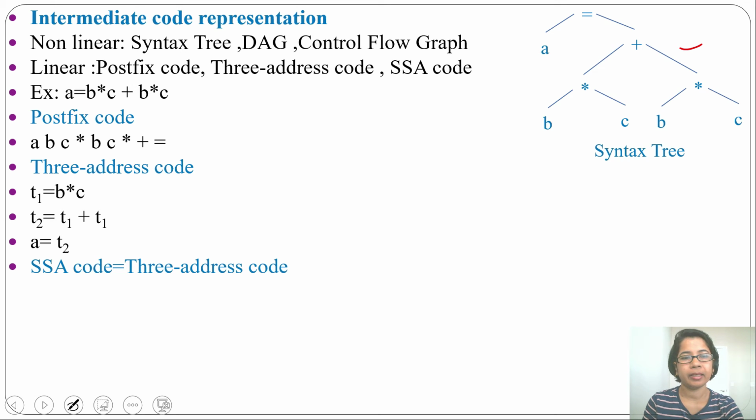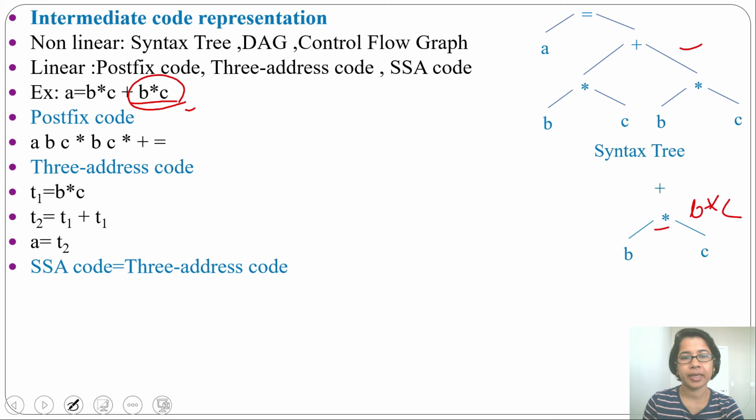Now let's create a DAG for this expression. First we'll do B * C. Let's create one node for B, another for C. For multiplication, B will be its left child and C will be its right child. Now this multiplication node is for B * C. Next we'll do this one. If you see, we already have a B * C node, so we don't need to create another node for B * C, we'll just reuse that. Then we'll create one node for plus.